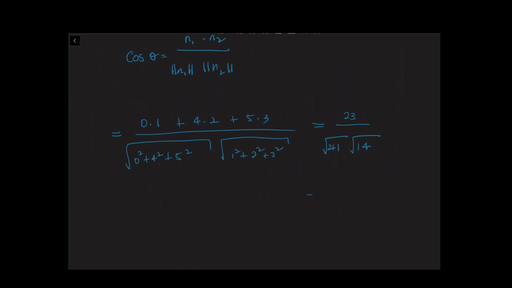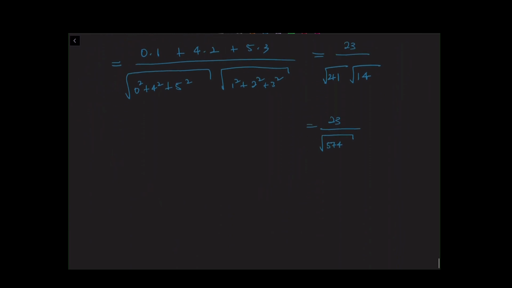So that gives me 23 all over 41 by 14. That is square root of 574. So now I want theta, which is cos inverse of 23 all over root 574,